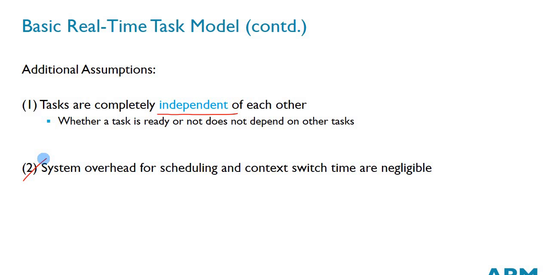In reality, especially in your project, for example, there is a lot of dependency between tasks. Because for example, you do not start moving your motors until data comes in on the serial port, correct? So there is a dependency. You're not going to move motors periodically just because the system has started, so you have to wait, correct? So there is some dependency between tasks in a real-life scenario, but in our analysis we are making